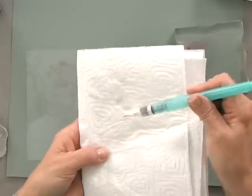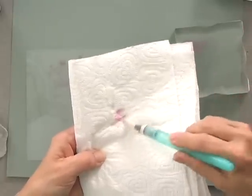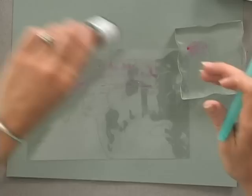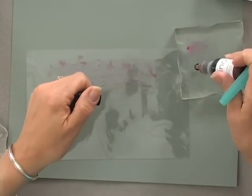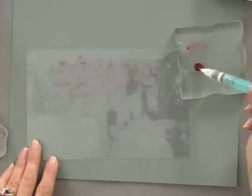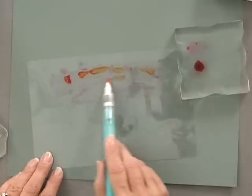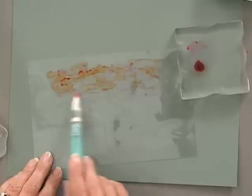So now I'm going to add my next color, and it's real easy to clean the brush. You just squeeze water into it, and that ink will come out enough that it won't mess up your next color. So I'm going to use some Sweet Mango in here. Mix it with a little bit of water. And I'm going to add some of that right in with that bubblegum pink. There. Clean that up